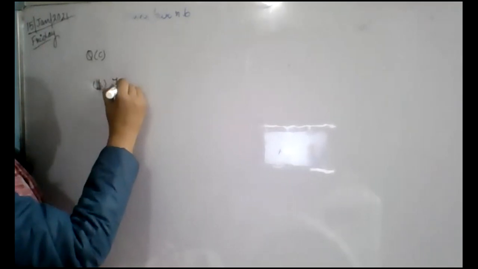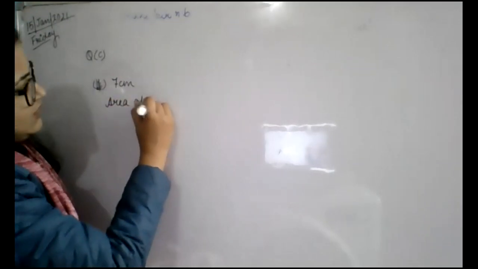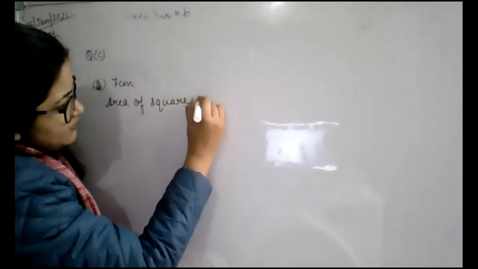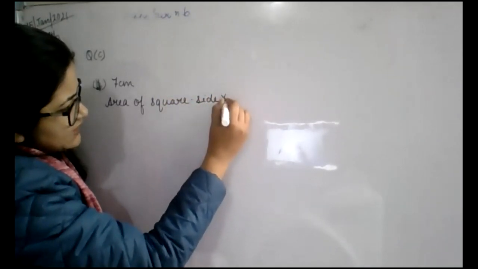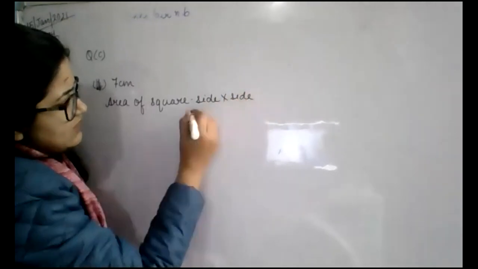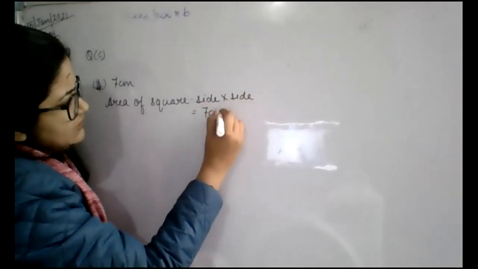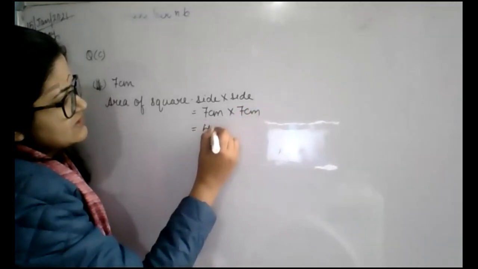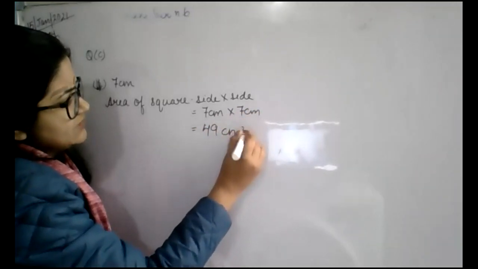So first question I'll give you is, wait a second, is 7 centimeters suppose. ठीक है, तो आप क्या करोगे? फर्स्ट क्वेश्चन लाइक दिस इज इफ इट इज गिवन, तो आप क्या करोगे? आप लिखोगे फर्स्ट ऑफ ऑल एरिया ऑफ स्क्वायर. एरिया ऑफ स्क्वायर का फॉर्मूला क्या होता है? साइड मल्टीप्लाई बाय साइड. ओके, so answer will be 7 centimeter multiplied by 7 centimeter, which is equals to 7 sevens are 49 centimeters square.